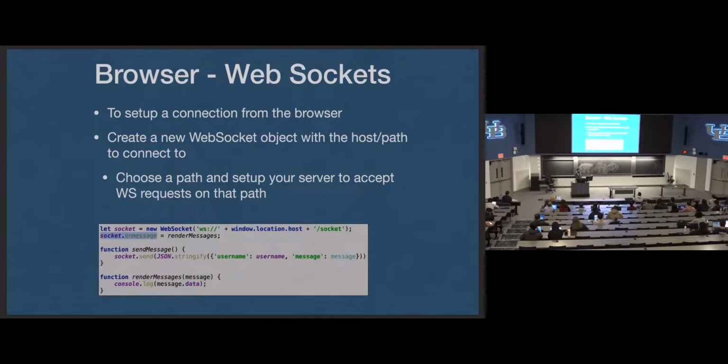Socket has an onmessage, takes a function. Right here. It takes a function that takes one parameter, which is the payload of the message that the server sent to you. Whenever you receive a message from the server, onmessage is going to be called. I set it equal to render message, takes my message, and for this example, I'm just printing it to the screen. This is where you would render that content to the screen in whatever way your app should do, or whatever else you need to do with that information.